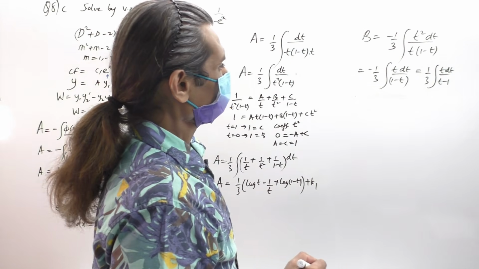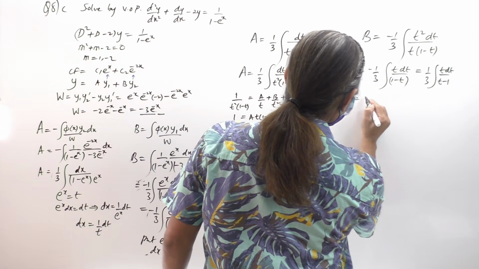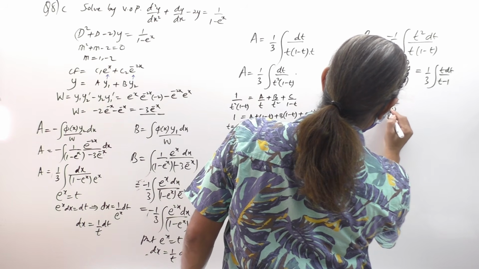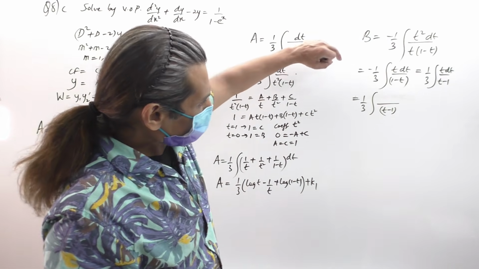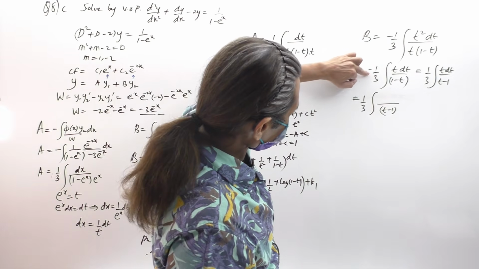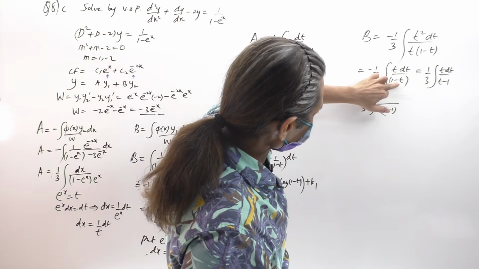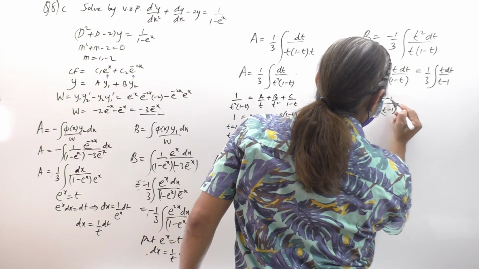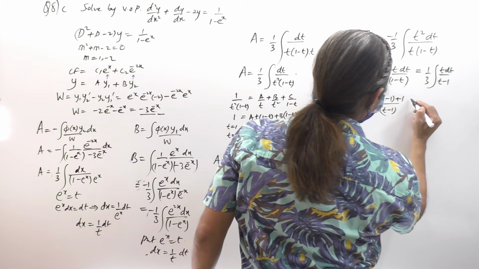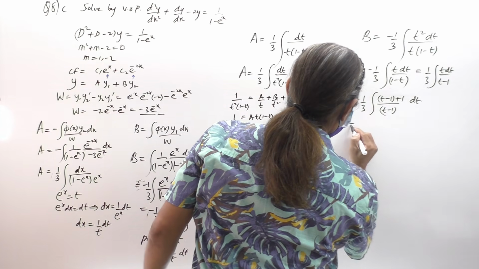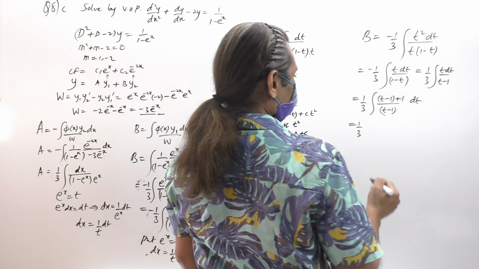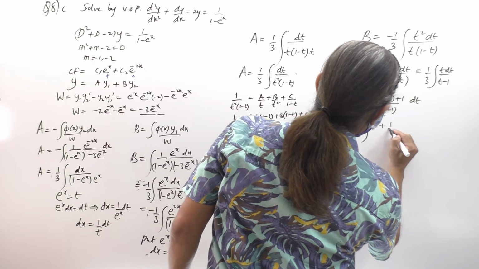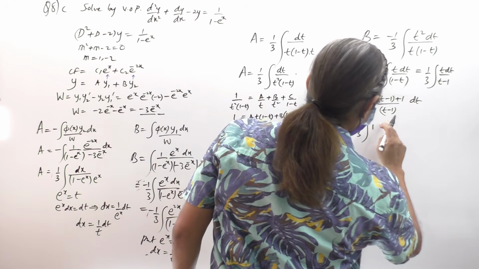Now I can rewrite this as 1 by 3. See, t minus 1 is in the denominator. What I did is I took the minus inside, so this is t upon minus plus t minus 1. So this t I will write as t minus 1 plus 1, now it makes sense. So that will be 1 by 3, simple steps of integration, again separated: t minus 1 by t minus 1 is 1, plus 1 by 3, dt